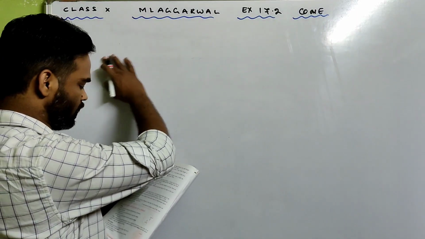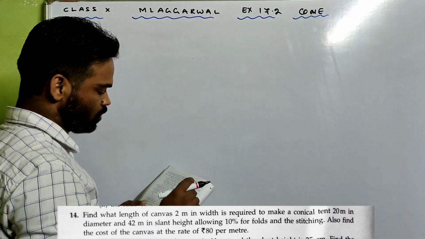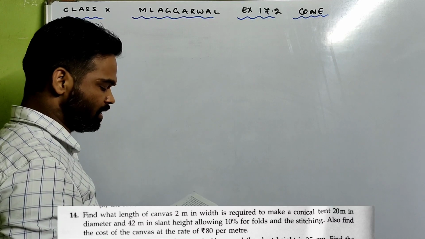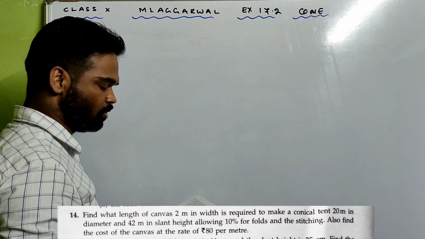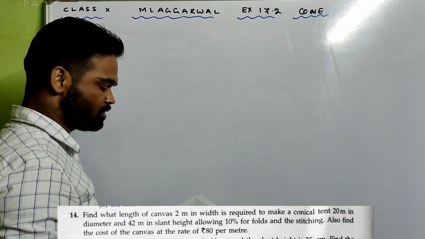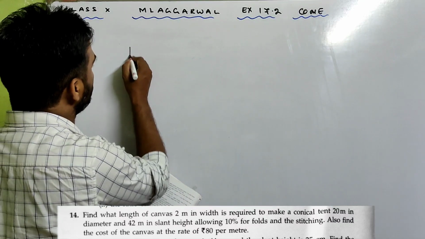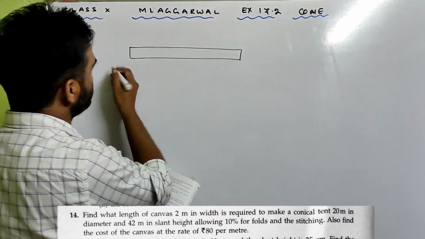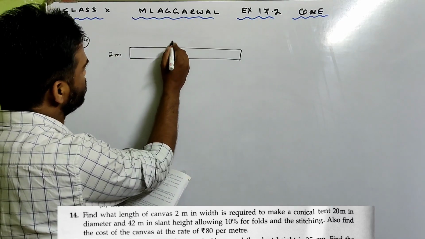Look at sum number 14, what they say. Find what length of canvas 2 meter in width is required to make a conical tent 20 meter in diameter and 42 meter in slant height, allowing 10% for folds and the stitching. Also find the cost of the canvas at the rate of rupees 80 per meter, which means you have a canvas in rectangular format here whose width is 2 meter, the length we don't know,